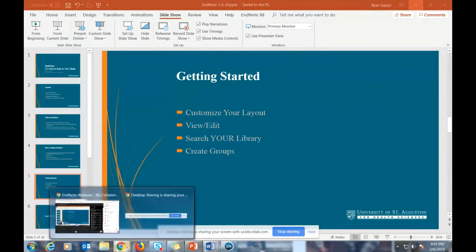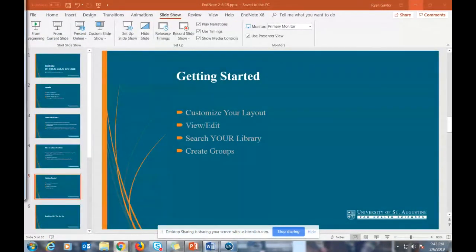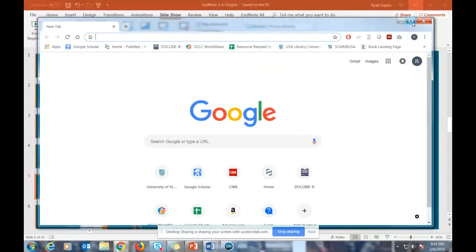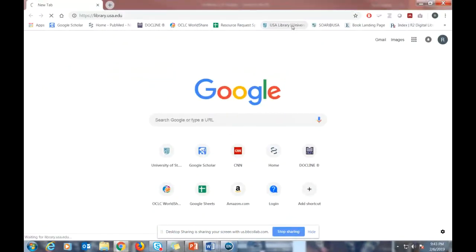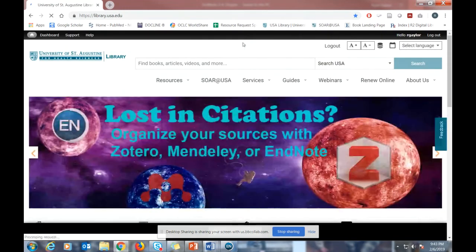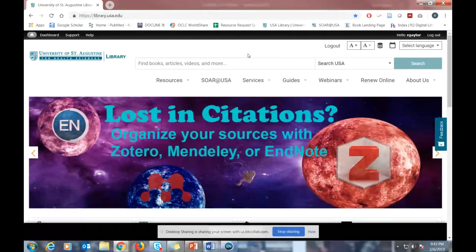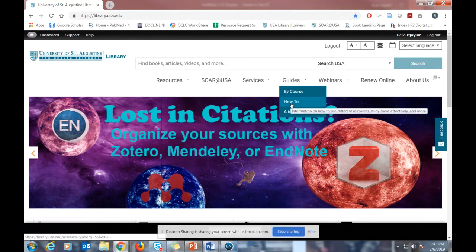So let's go to a new screen. Let's open that up, go to the USA Library. Now, while I'm on the library page, I'm going to try to speed this up a little bit. I wanted to show you that we also provide support for EndNote, as I mentioned. One of the places that we have EndNote information is in the library guides area, which you can search by